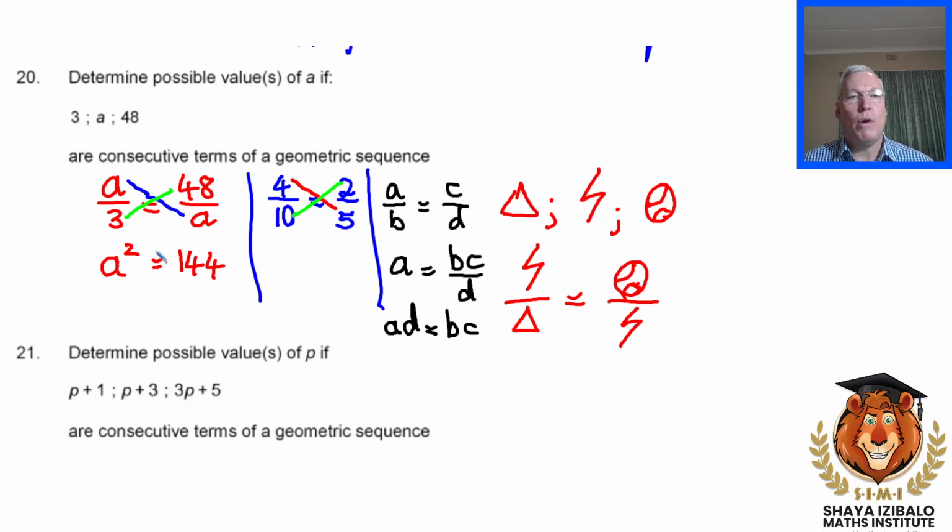Now, when we square root here, because it's an even power, remember we can have plus or minus 12. Okay, and that's our answer. It just asks us to find the possible value or values of A. There are two. Just to close it out and to show you that if A was 12, then our sequence would be 3 times 12 is 36, and 36 times 12, so